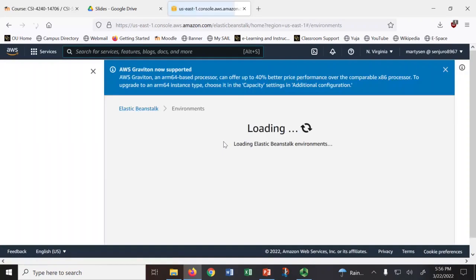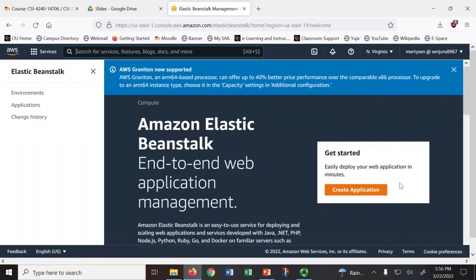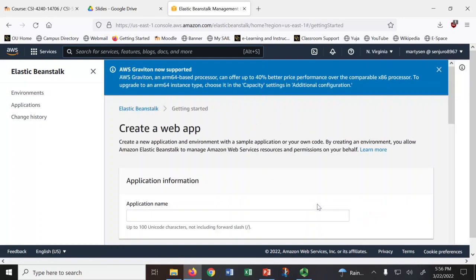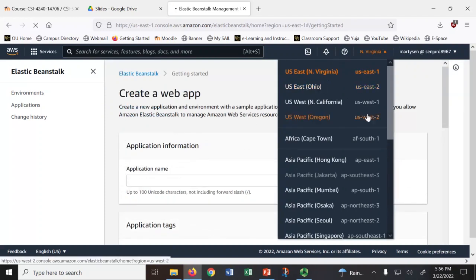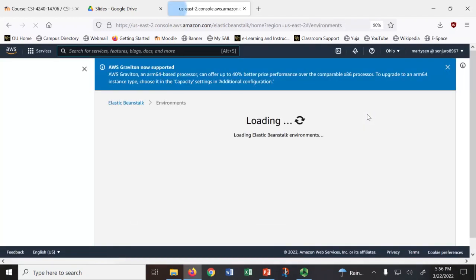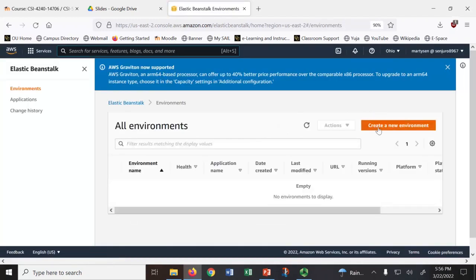Okay, so once you come there, essentially this is the fresh canvas that you'll be looking at. All right. So the first thing that you want to do is to just hit Create Application. I'm going to terminate this just for a second. I want to move away from North Virginia. Okay, so